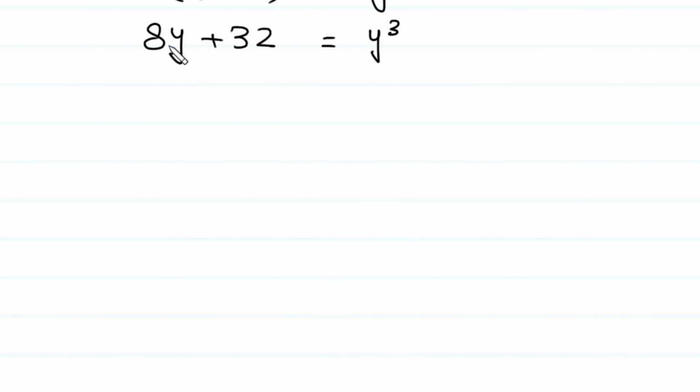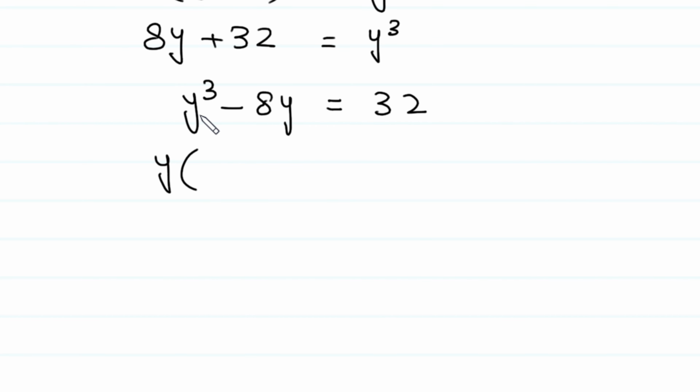Next we shift this 8y to the right side. Y cubed, and this plus 8y becomes minus 8y at right side, is equal to 32. Now we factorize both sides. From y cubed and minus 8y we can take y as common. Y times, when we divide this y cube by this y we get y square. This minus comes here, and when we divide this 8y by this y we get 8, is equal to, and this 32 can be factored as